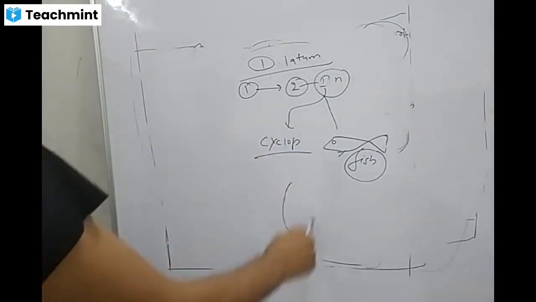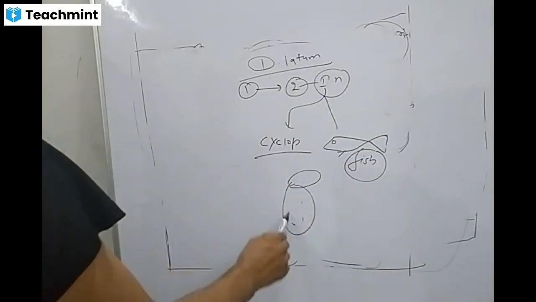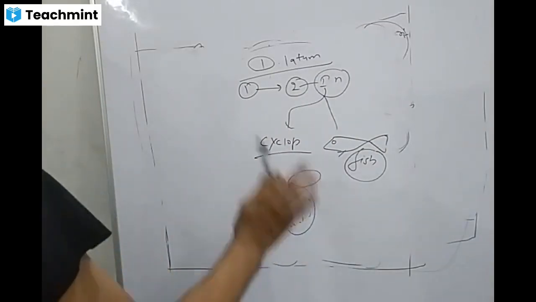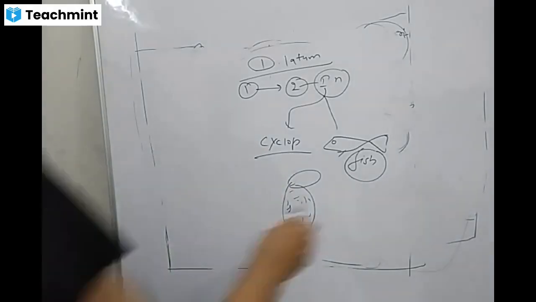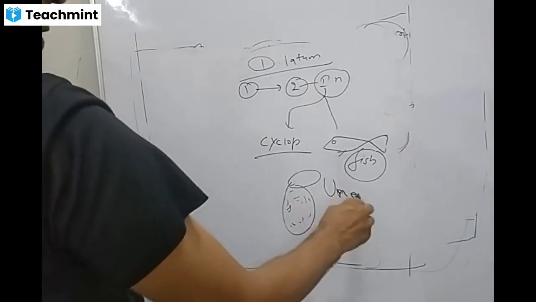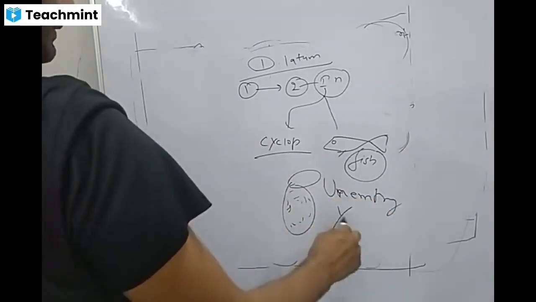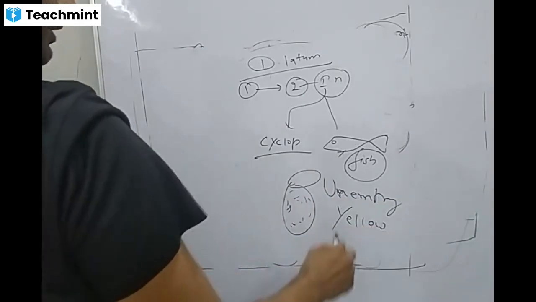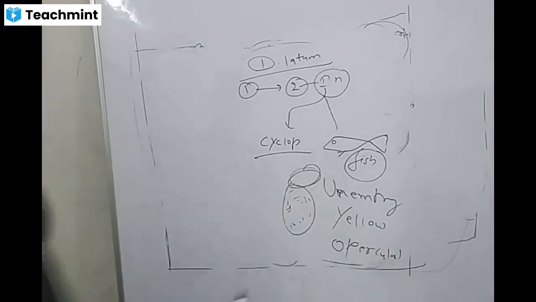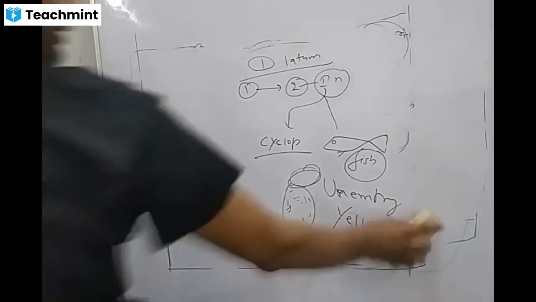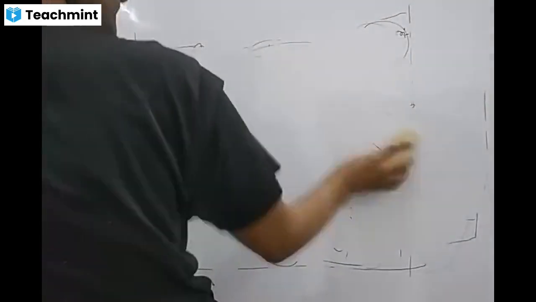If you look at the second similarity, that is your egg. This egg of D latum is very similar to Fasciola. Why? First, it is unembryonated. Second, similarly yellow in color. Third is operculated with this slit. So all these features of the egg are similar to Fasciola. And the two intermediate hosts are similar to your trematode. So starting with the life cycle of D latum,